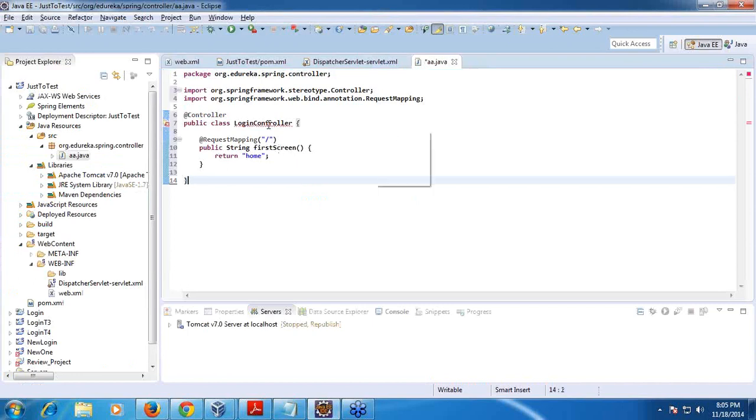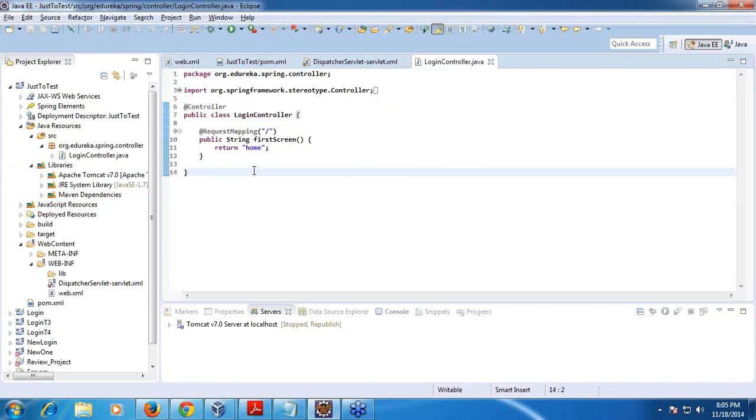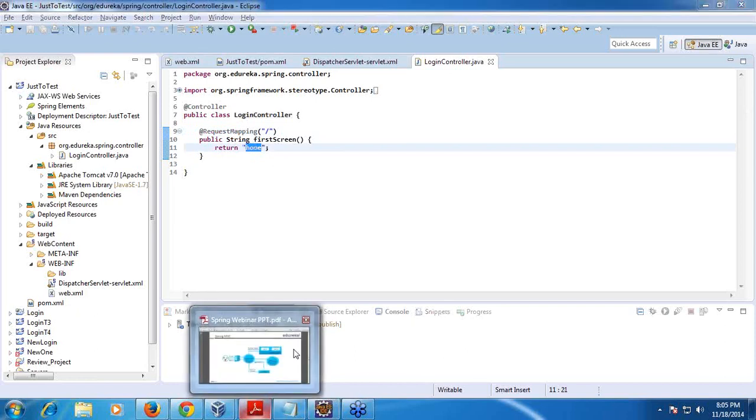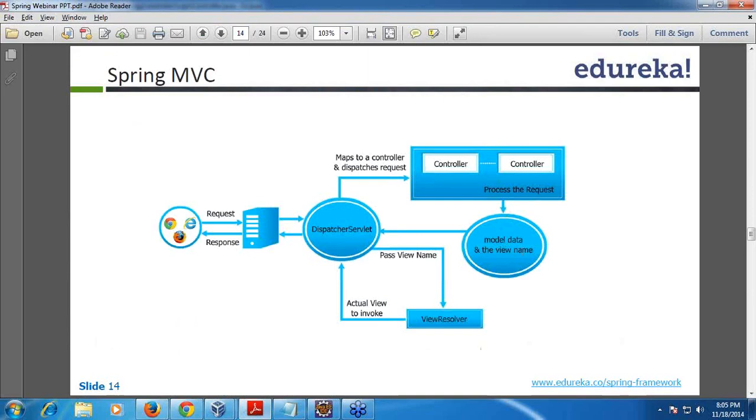So now what I'm trying to do is I am writing a controller. For this controller, I am using an annotation. If you say @Controller, this class will act as a controller. And inside this controller, I am defining that if any request comes from the basic path, backslash, any request comes, go to home, return just home. That means, see here in this diagram, I am creating a controller. I am not using any model or business logic here. I am just telling it to go to home.